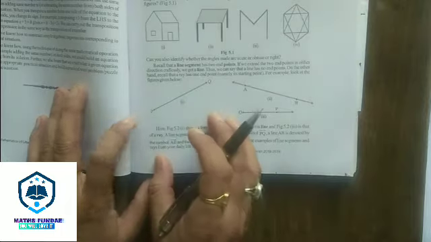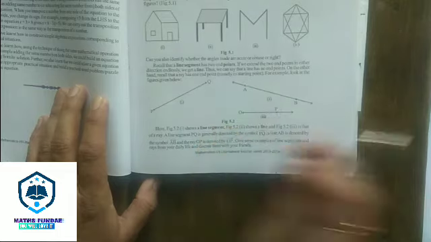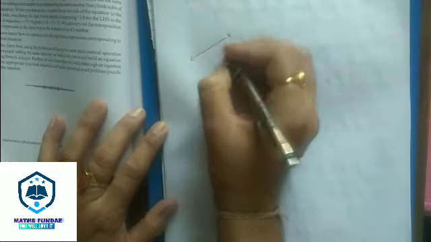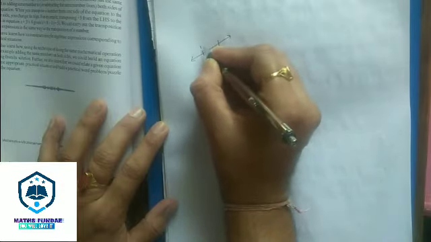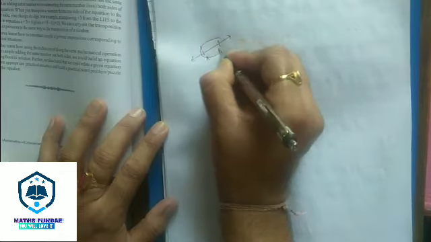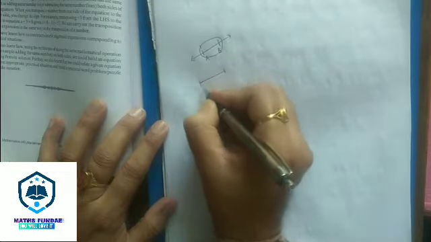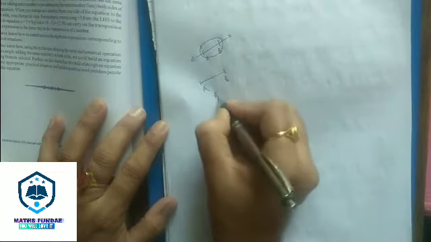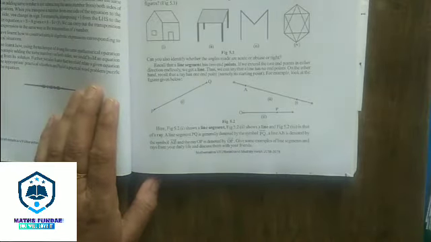Normally a line segment means a portion of a line which can be measured, a part of a line which can be measured. For example, just see here in this picture, this is a line, but if we measure this portion of the line, this is part of a line, so this is known as a line segment, the part of a line which can be measured. We indicate it like this. This is A, this is B, and we write it like this: AB, line segment AB, a bar on AB.